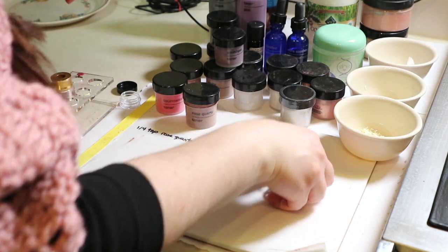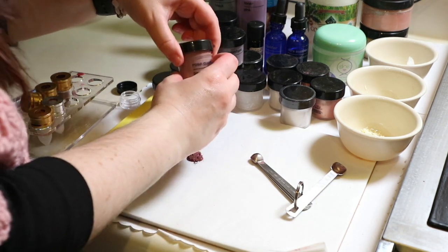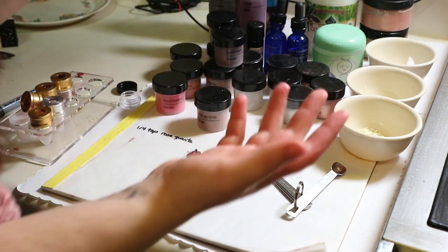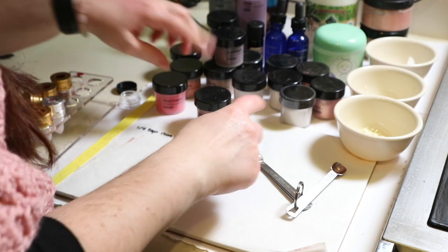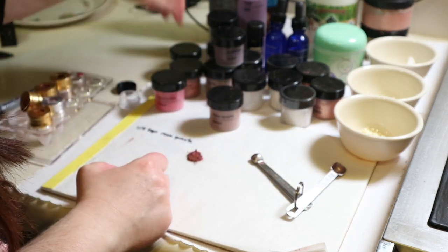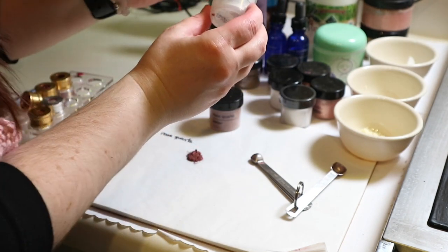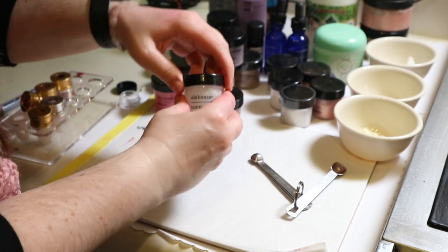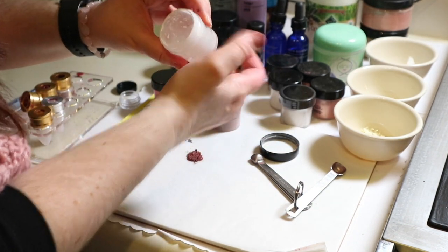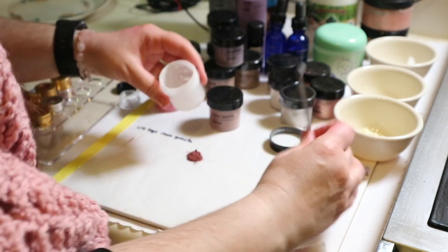Okay, so we are starting with our custom blend powder to get the color for the lipstick that we want. I don't have recipes right now, I just make it up as I go. So I'm starting with a 1/4 teaspoon of rose quartz, and I want to lighten it. So I really need to replace my alabaster, but I'm going to add, what do I have here? You can see it's almost empty. I'm going to add a smidgen